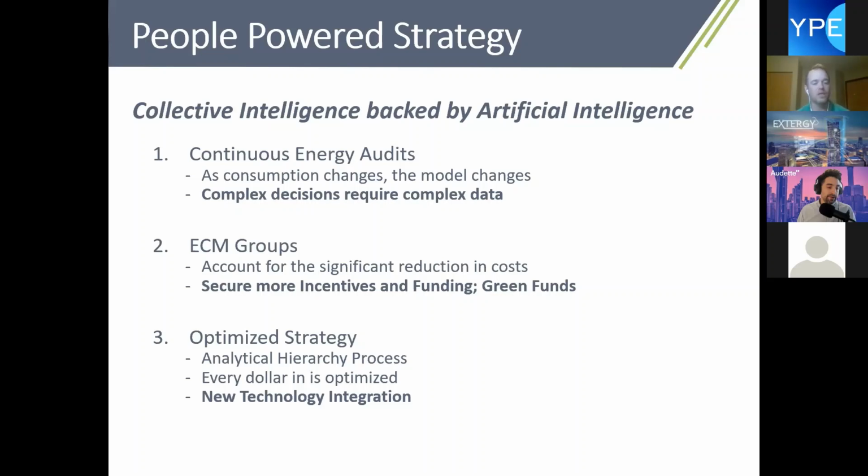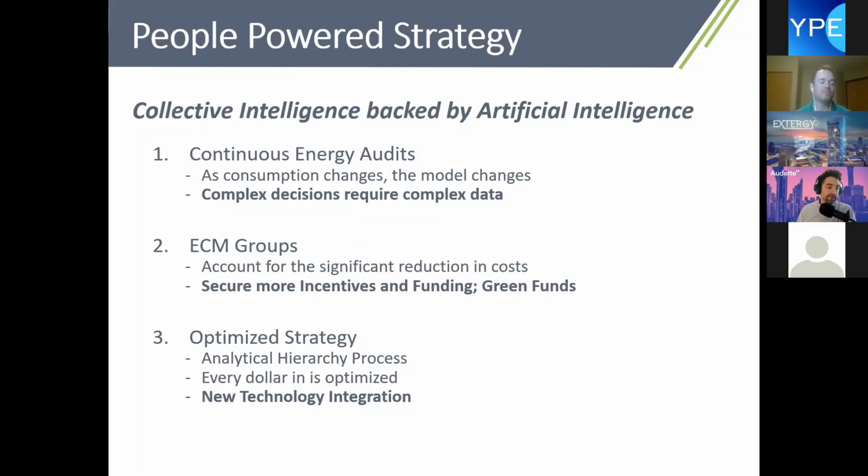And then the last one was making sure you get that optimized strategy. Once all of that data is in place, how do you properly use it, and how does it get organized to give you that optimal strategy? We have an entire presentation around the analytical hierarchy process, but it allows you to get your CAO, CFO, and everybody that has different motivators within an organization, or we do a lot of work with the governments as well. We get feedback from each department and are able to get a proper blended balance between what makes most sense to pursue within your strategy and when to do it.